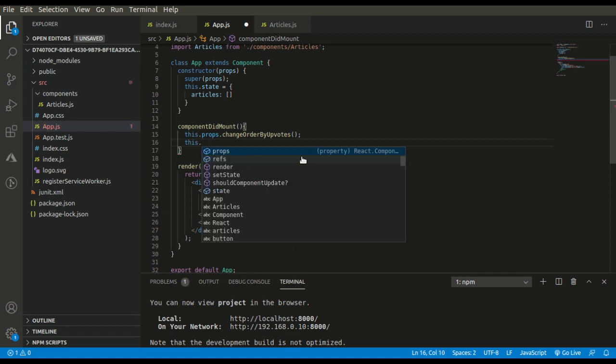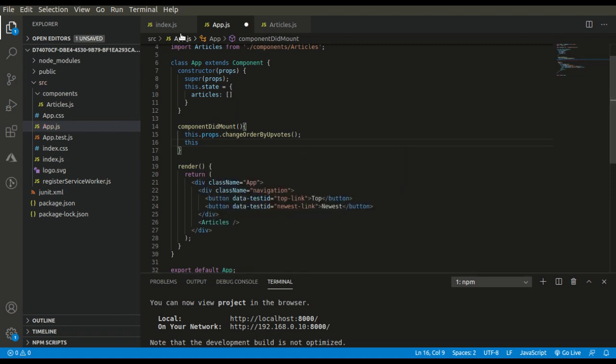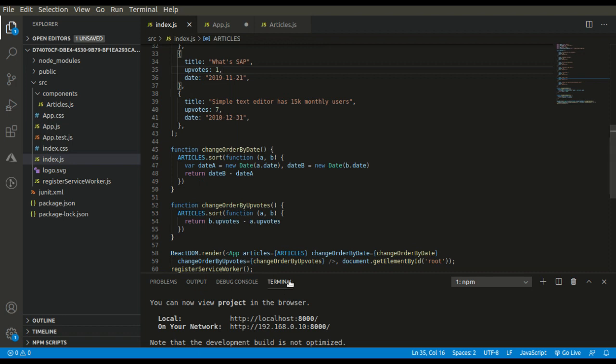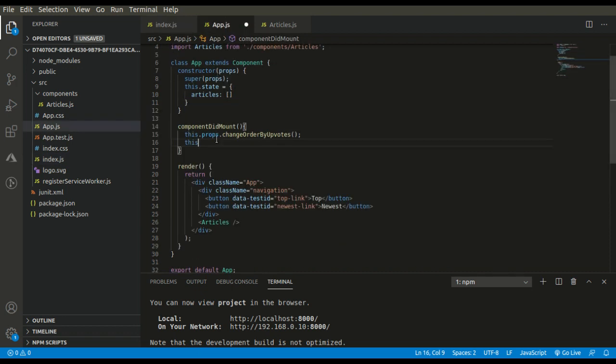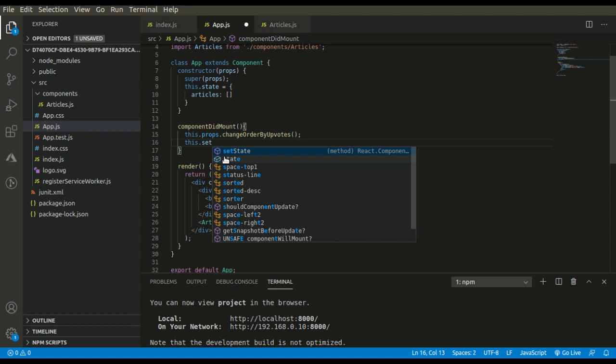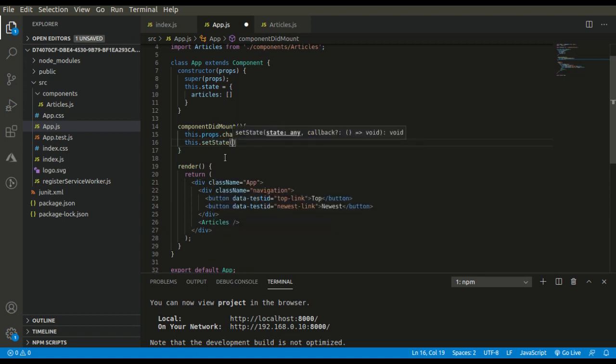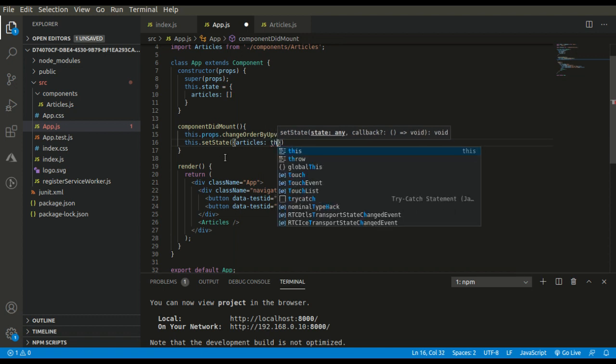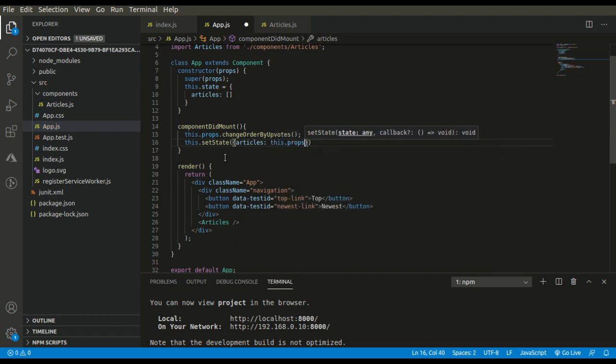We are passing the articles, which means we will be having updated articles. So simply go ahead and set state articles with this dot props dot articles.